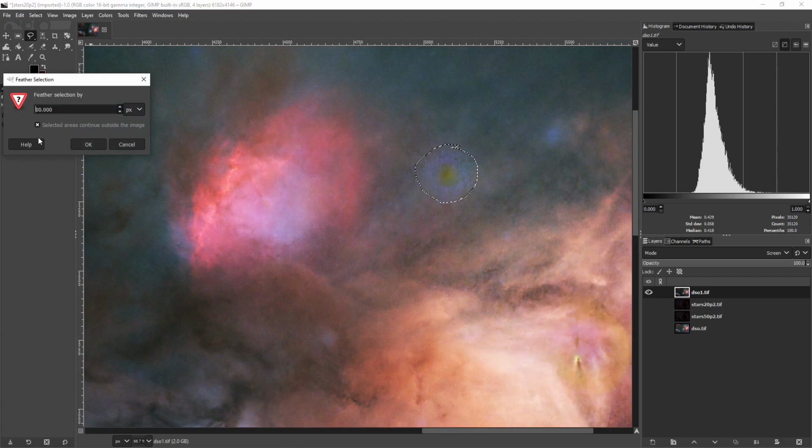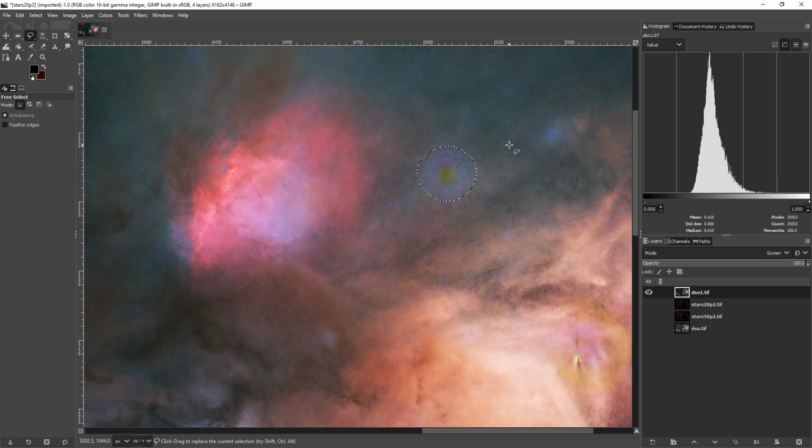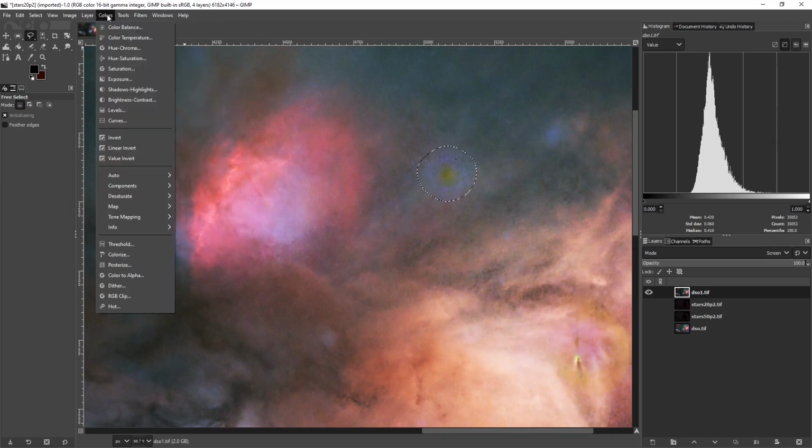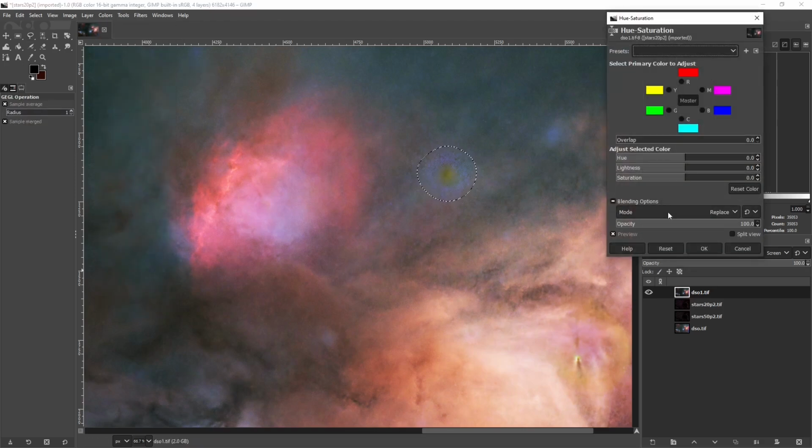I'll feather it by, I don't know, maybe 100 pixels. And then I'll try using the hue saturation tool. I don't know if it's good or not, but we'll give it a shot anyway. So I see some yellow at the middle. Maybe I'll decrease it, or